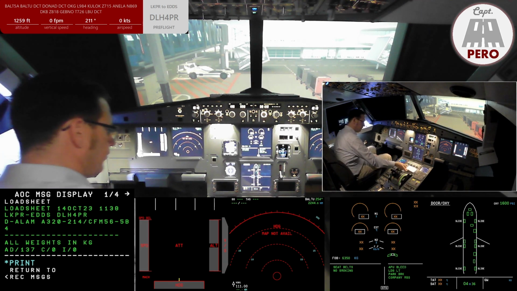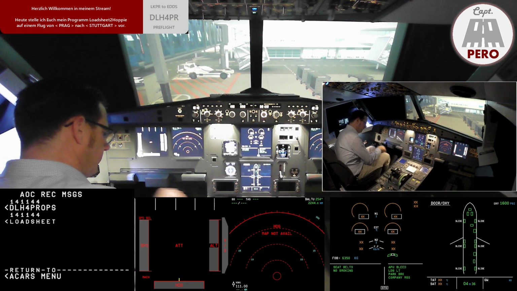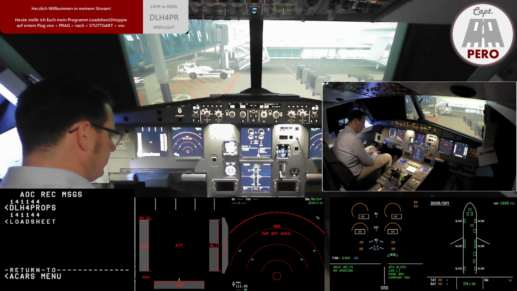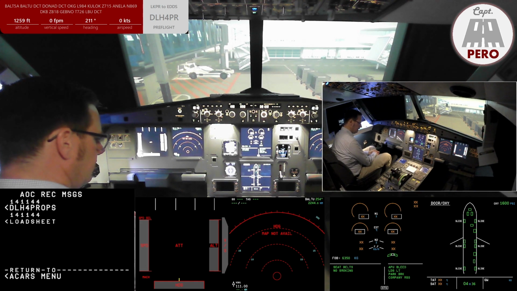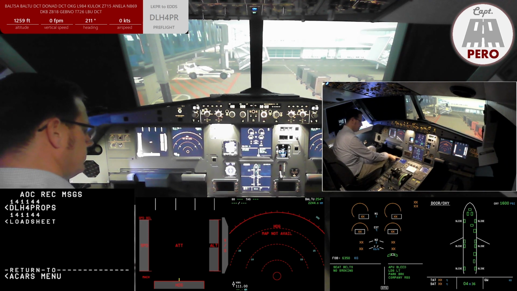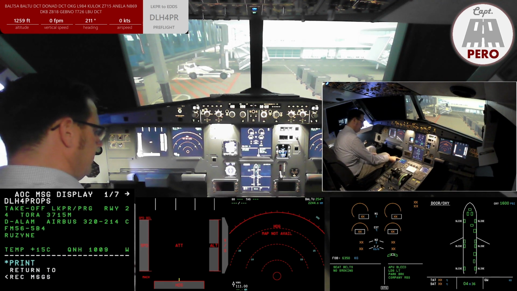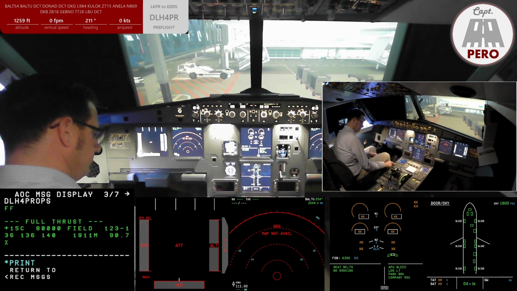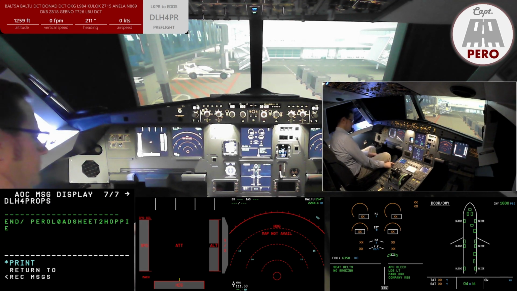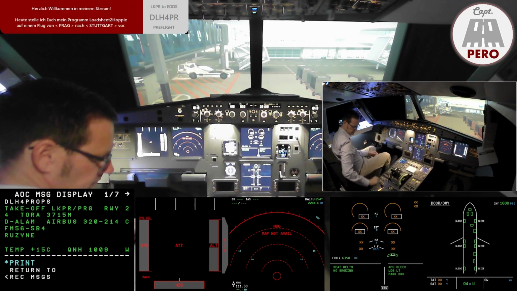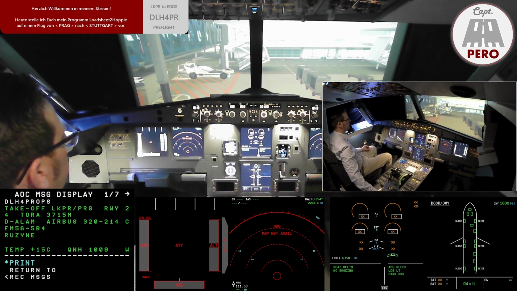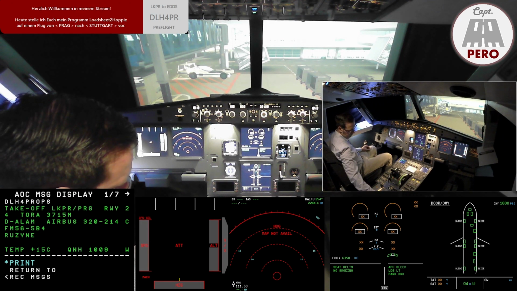Okay, so this is the first one. And now we should wait. There's the next one. Five minutes after we saved the takeoff performance information, I get another telex, and that is the takeoff information. It's a little longer text. I will even print out that one. And this gives me the takeoff information for